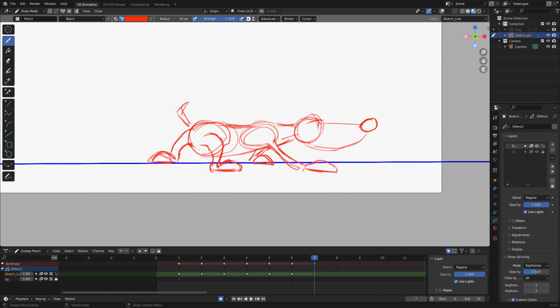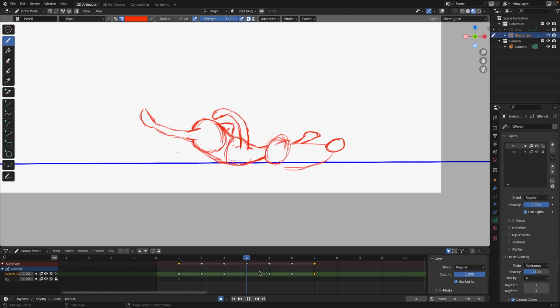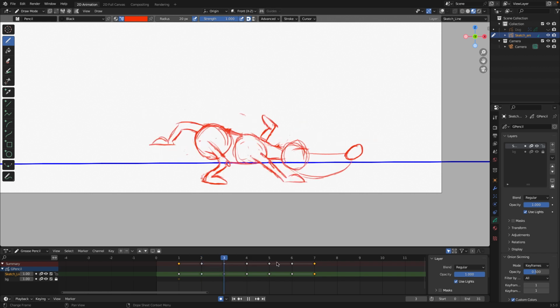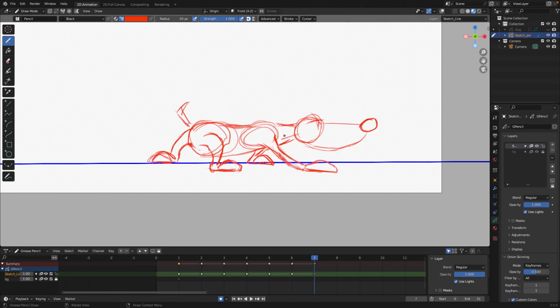Okay, good. Very, very nice. Now he's ready. He is ready to run. He's been on the floor for so long that he's like, I'm out of here. Whoop. Now that he's in this position, in the running ready position, we can